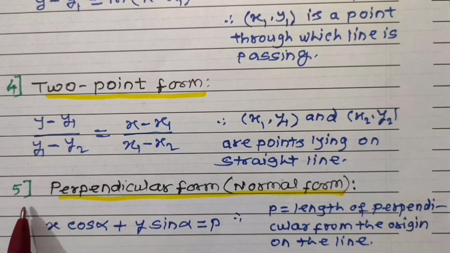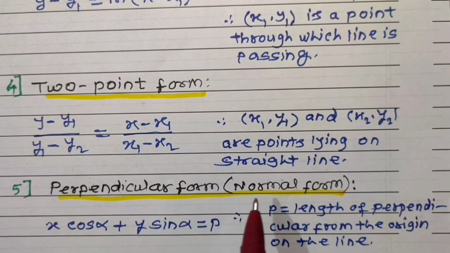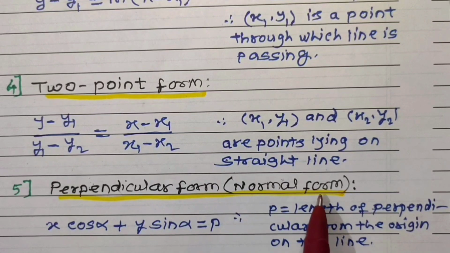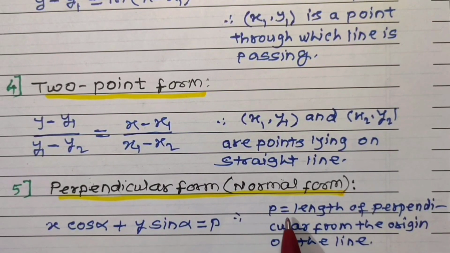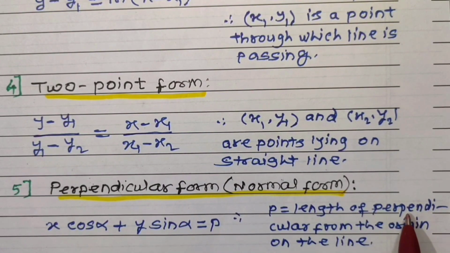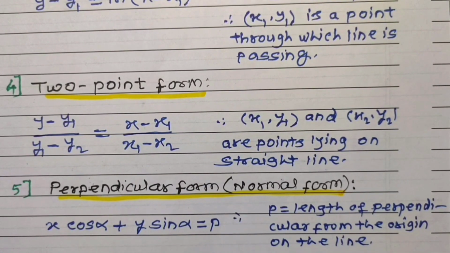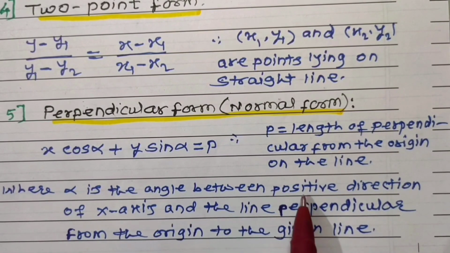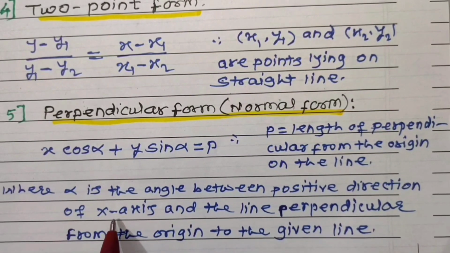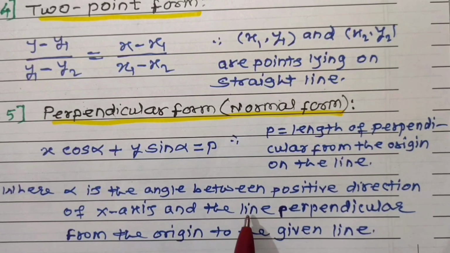Then form number 5, perpendicular form, which is also known as normal form of a straight line, which is given by x cos alpha plus y sin alpha is equal to t, where t is length of perpendicular from the origin on the line. And what is alpha? Alpha is the angle between positive direction of x-axis and the line perpendicular from the origin